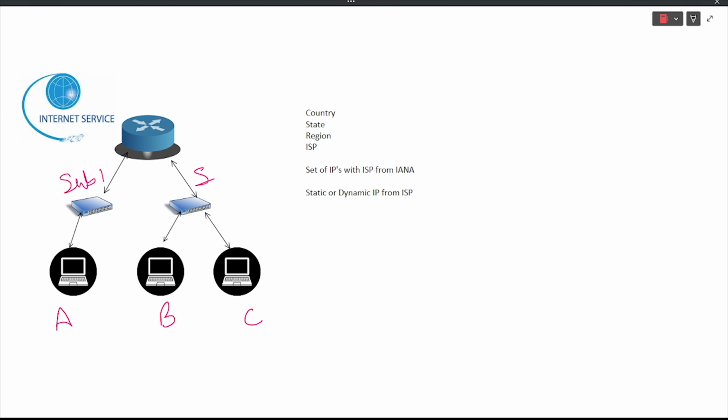subnet one and subnet two, and we can say these are network one and network two. So we can consider them as network one and network two. So what happens, we have to first get in touch with the